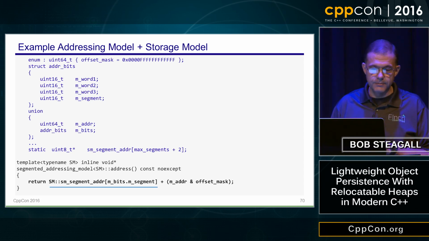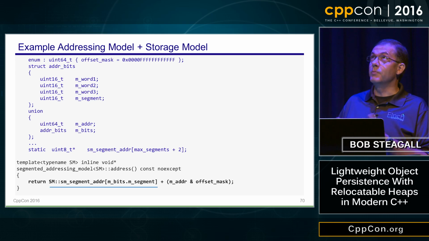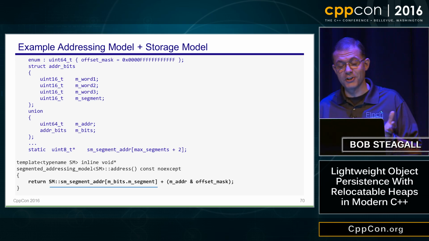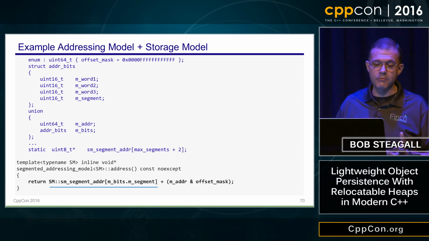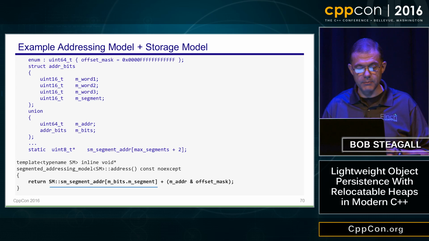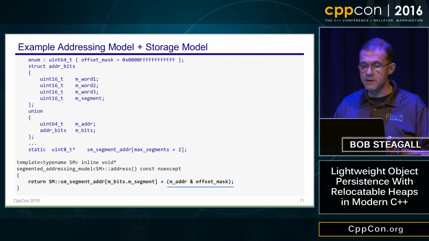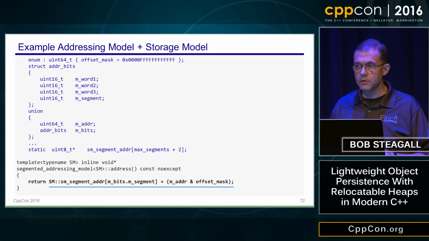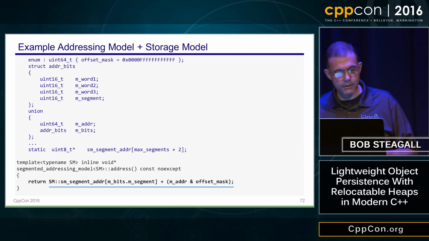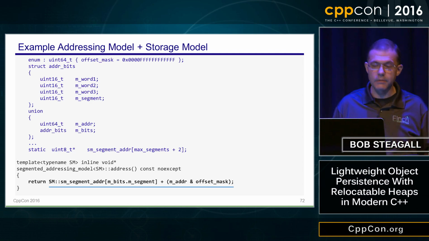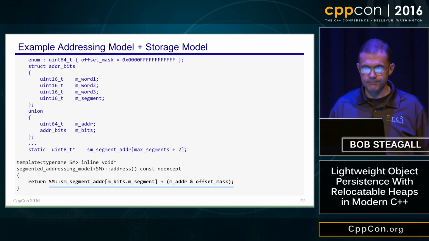The first thing that occurs, assuming, I will say it's the first thing that occurs, but of course it could be evaluated in any order, we dereference the segment backbone using the segment ID to get a pointer to a segment. We then apply the mask to the matter bits to obtain the offset. And finally, we add the two together to compute a byte address or char star address. And that gets returned to the caller as a void star. Pretty straightforward.